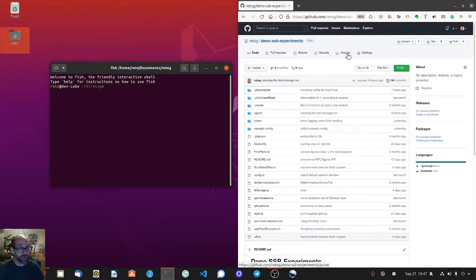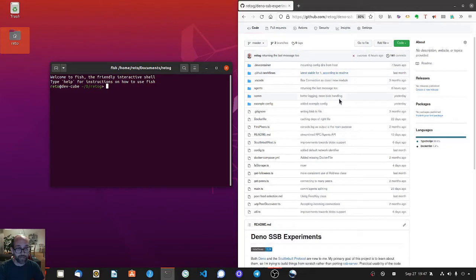In this video, I'd like to show how I use dev containers. That's a feature of VS Code where you can develop inside a Docker container. I'm going to show this with my Dino SSB experiments, with an implementation of the Scuttlebutt protocol in Dino. So I'm going to open this project, just normally open the folder with the working copy,